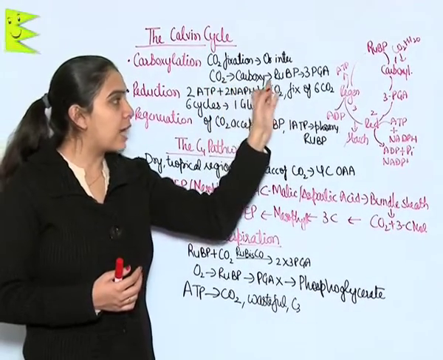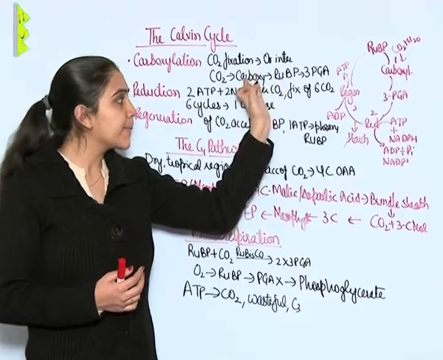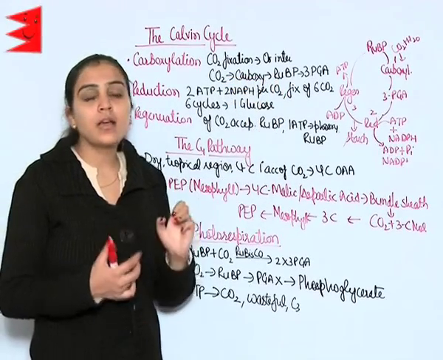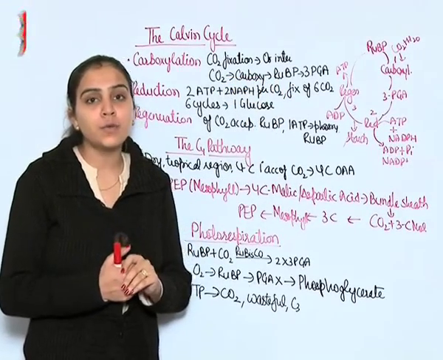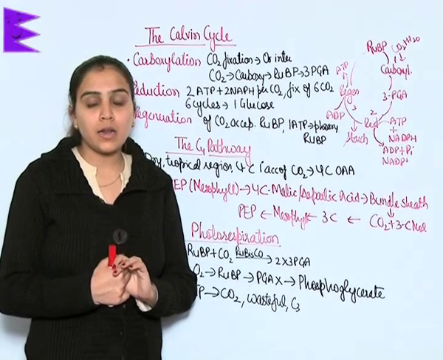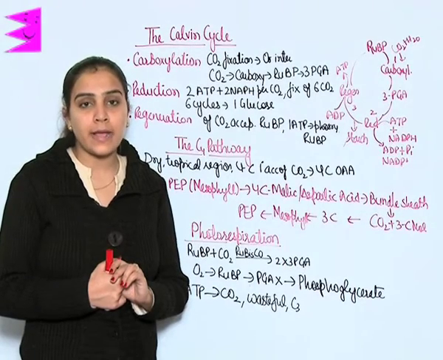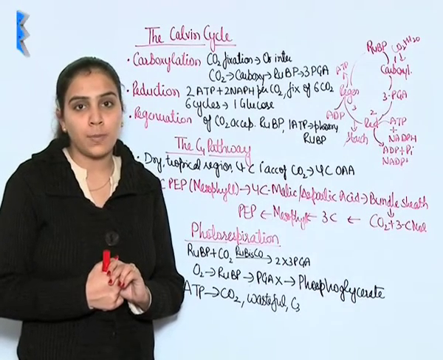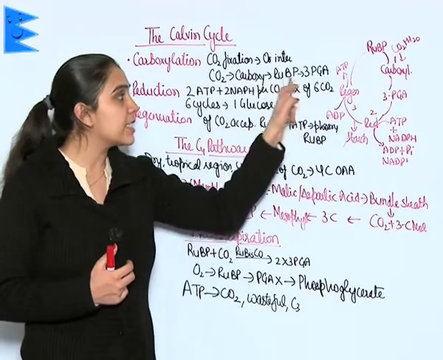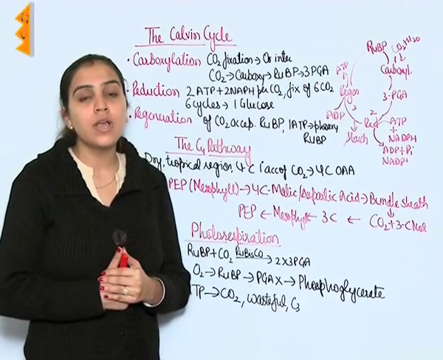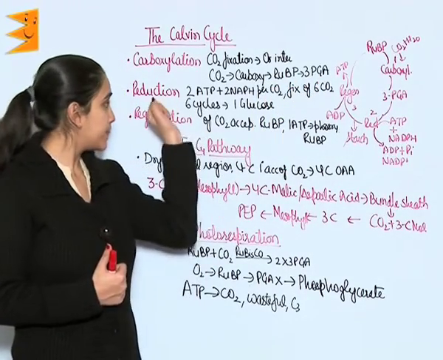CO2 gets carboxylated. It basically carries out the carboxylation of RuBP, and RuBP carboxylase or oxygenase enzyme is responsible for